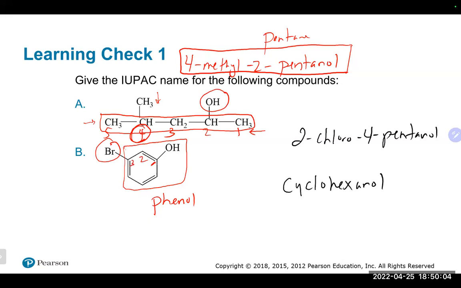If we went clockwise, that bromine would have ended up at carbon number 2, 3, 4, 5 versus carbon number 3 here. Because there are double bonds all through there, you could go counterclockwise or clockwise. It doesn't matter, and we could get the lower number there for our 3-bromophenol. Any questions on either of those 2 names?